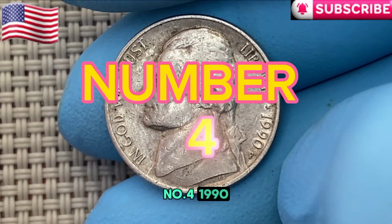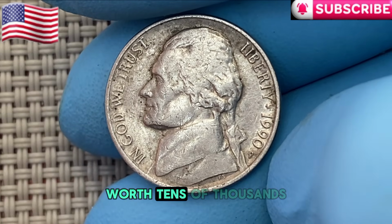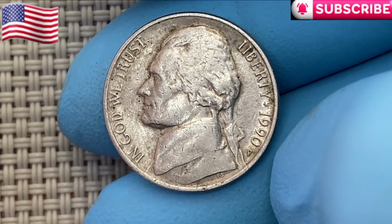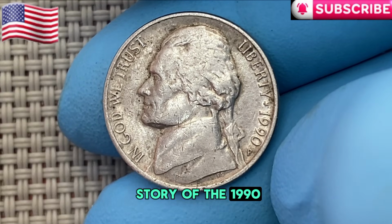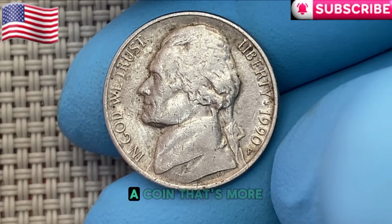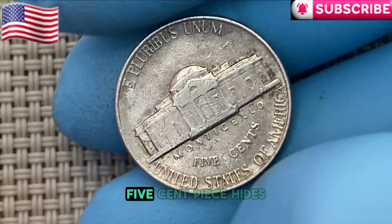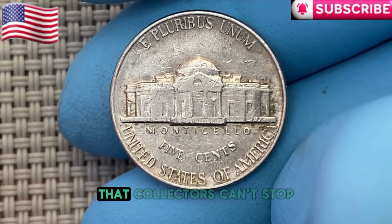Number 4. 1990P Jefferson nickel. Imagine holding a nickel worth tens of thousands of dollars. Sounds unbelievable, right? Today, we're exploring the fascinating story of the 1990P Monticello Jefferson nickel, a coin that's more than just loose change. This seemingly ordinary 5-cent piece hides a world of intrigue, history, and incredible value that collectors can't